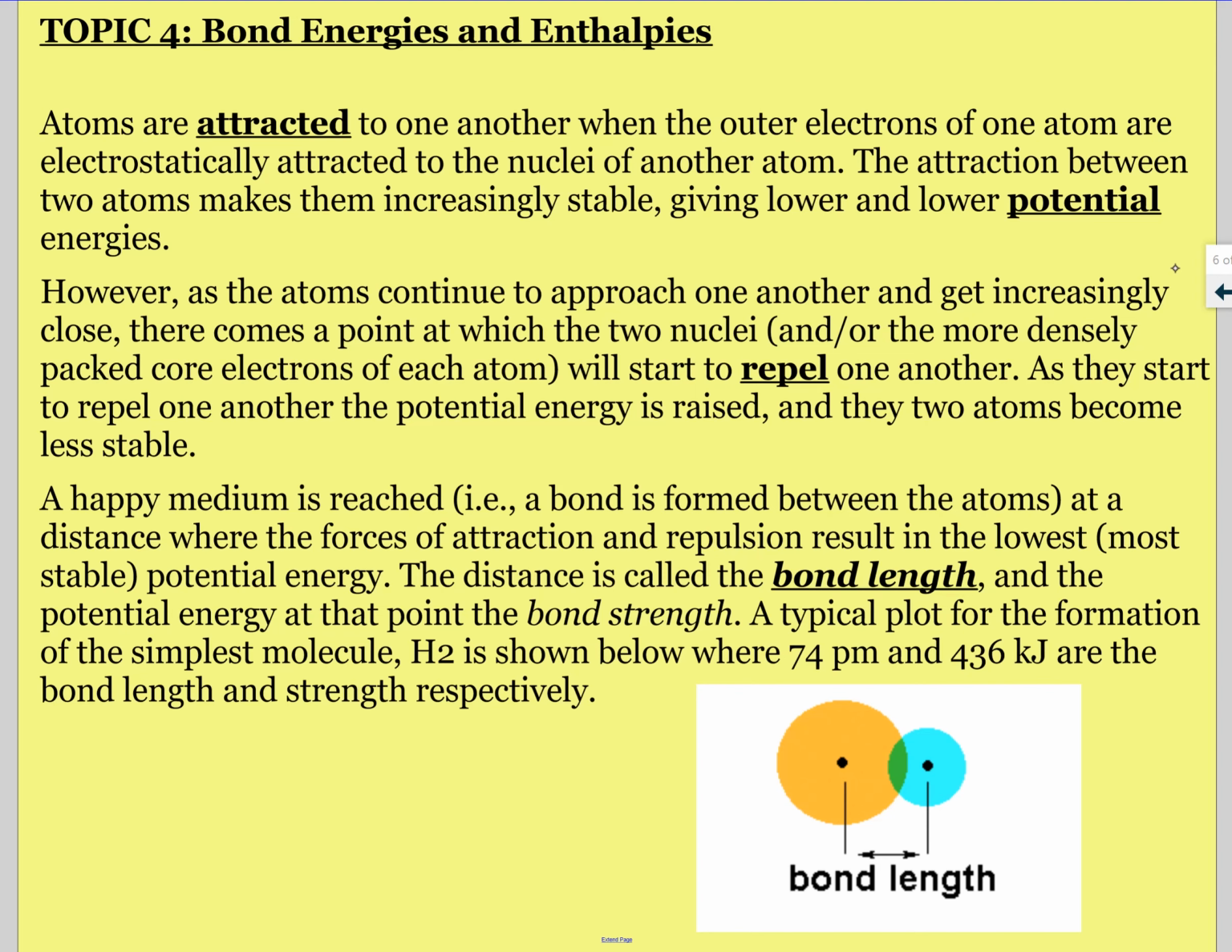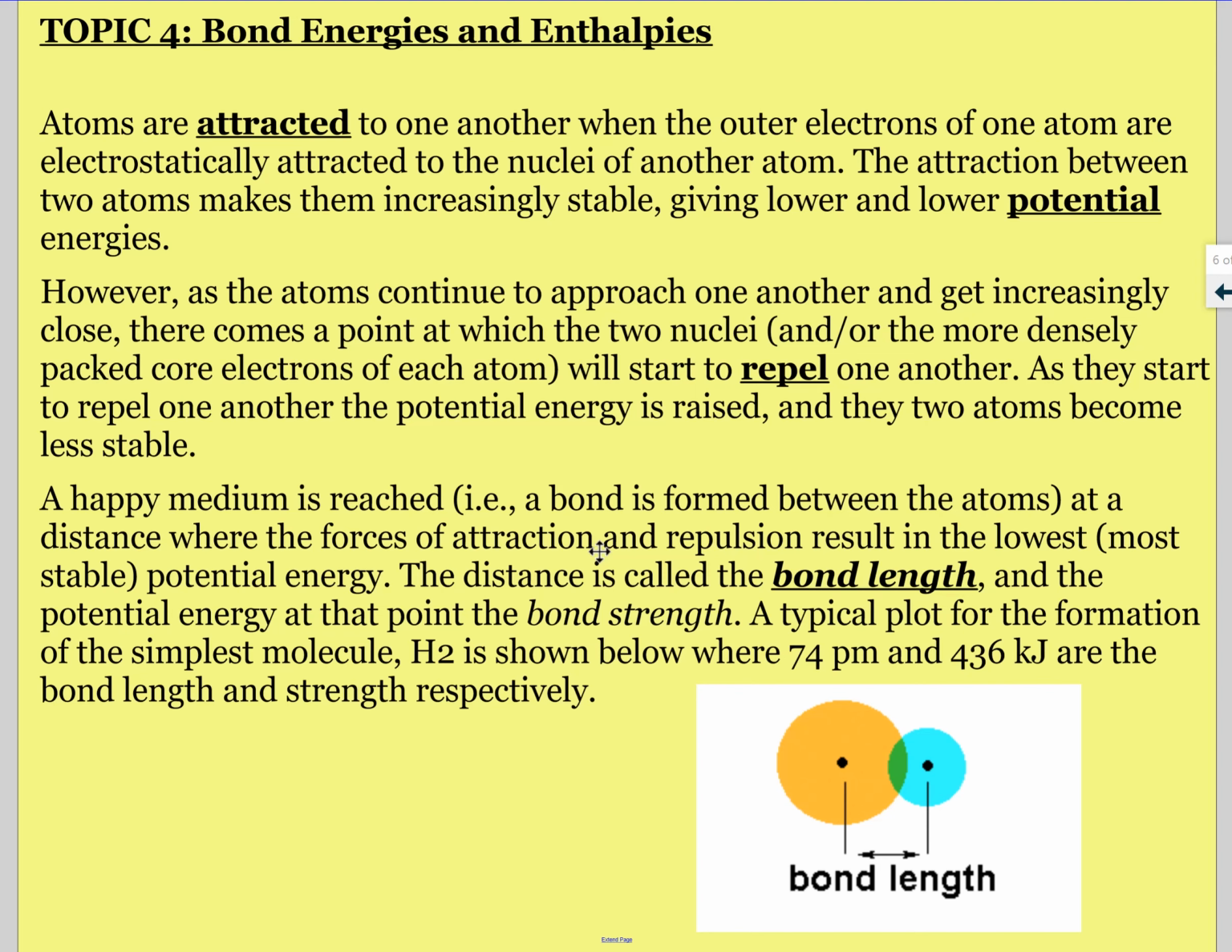Do you want to be up on the edge of a cliff, or down in the valley? You want to be down in the valley where you're more stable. However, as atoms continue to approach one another and get increasingly close, there comes a point at which the two nuclei, those positive parts, are going to repel each other. As they start to repel one another, the potential energy is going to rise once again, and the two atoms become less stable. So there's this happy area in between, and this is why we have atoms that bond at different lengths. Where this minimum is found is where the potential energy is minimized, and so you have a stable bond, and this is the bond length